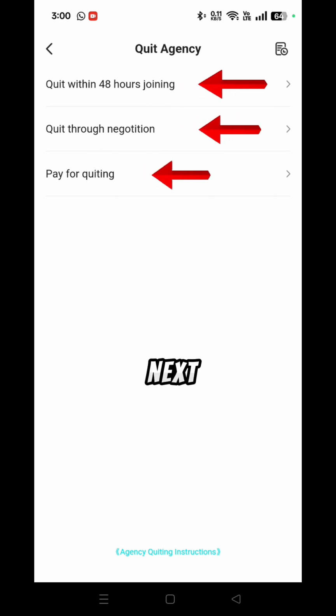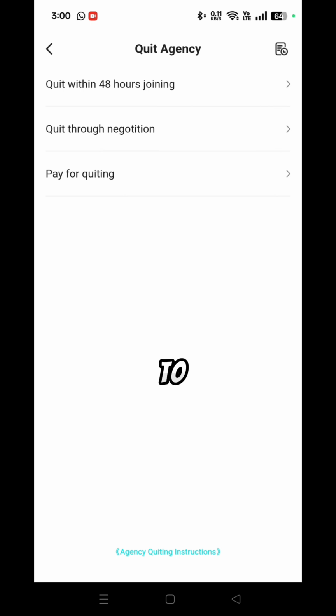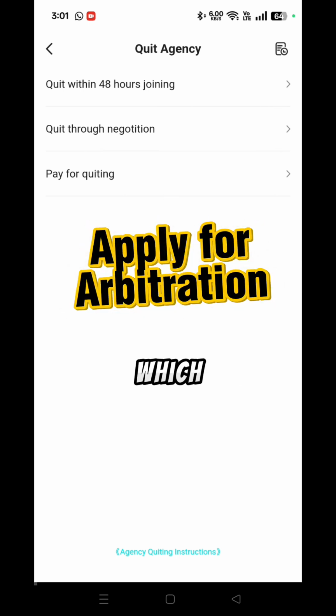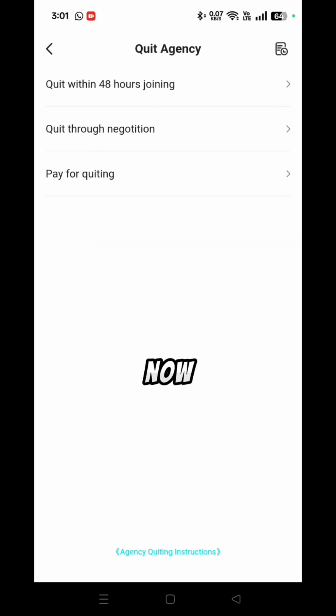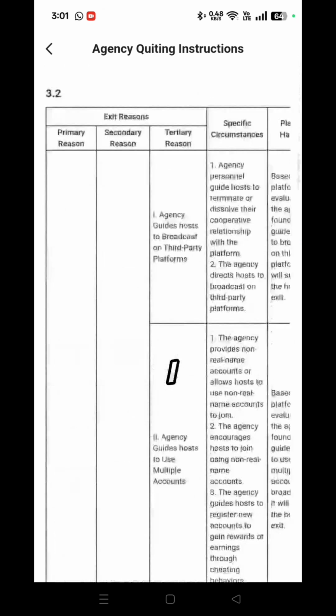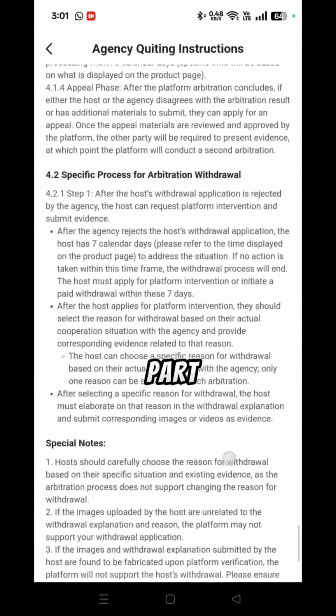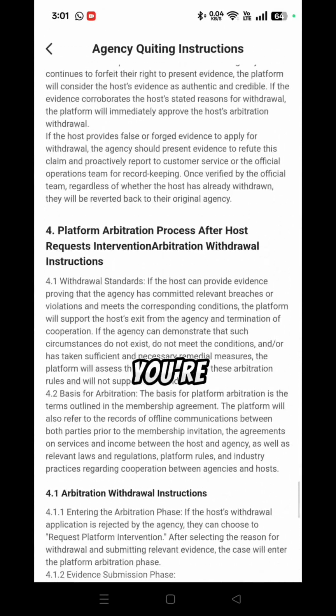For quitting, the next thing you can do is to apply for arbitration, which means the platform is going to judge between you and the host and see if the host has sufficient reason for leaving or quitting the agency, or if you have sufficient reason to hold the agency back. Now, if you just tap on this agency quitting instruction below your screen, and like I said before, go to the last part of this instruction, you're going to see